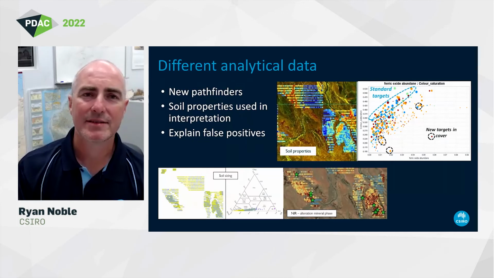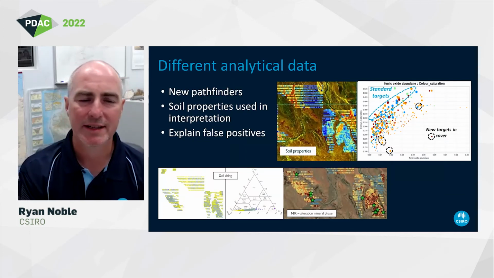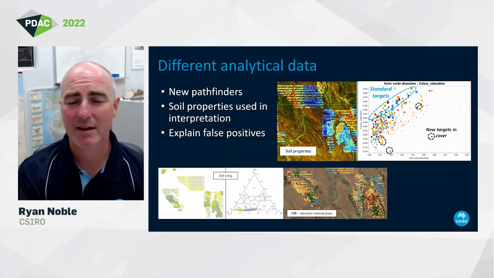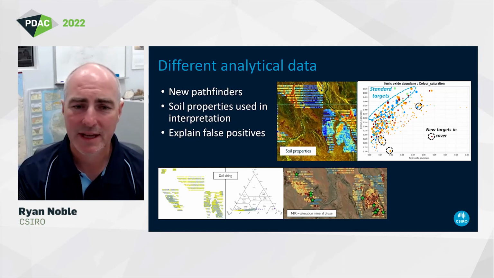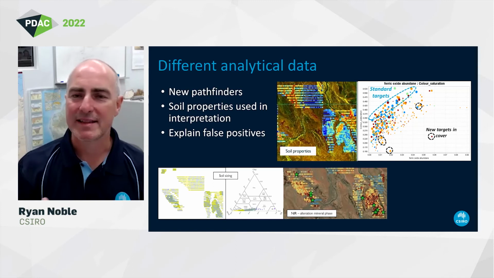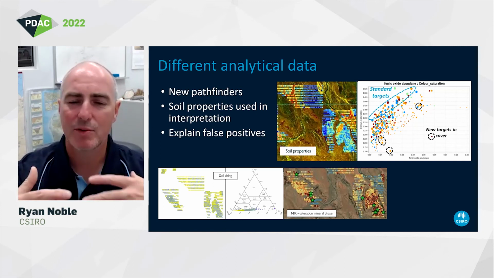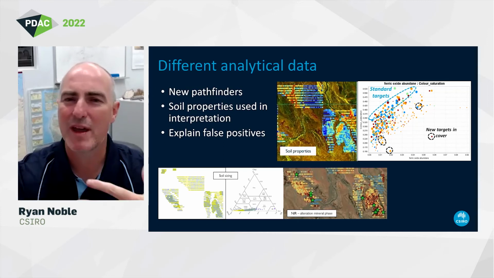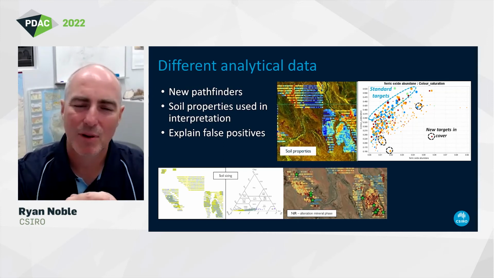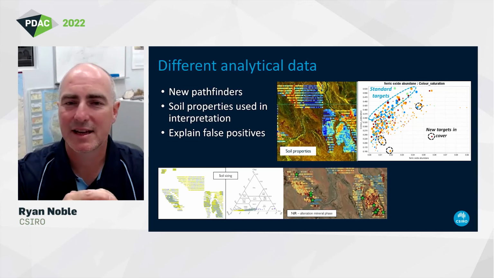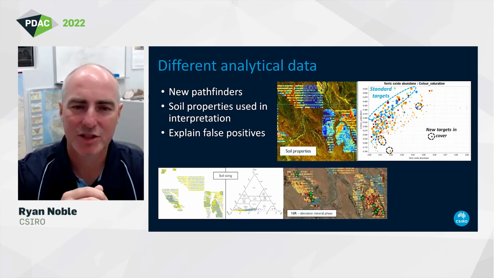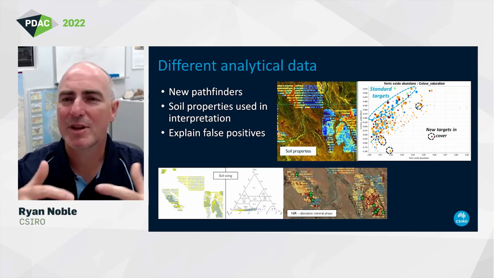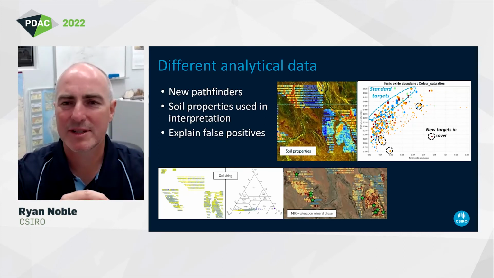And then there's the other type of analytical data that we don't routinely collect. So new pathfinders will come out. I'm a big believer in the spectral analytical space and integrating that into our geochemistry. And I think we will start to see alteration mineral phases in soils, even though they're weathered and probably not as clear cut as some of the lithogeochem type approaches with spectral data. But we don't know because we haven't really collected this, and already we're starting to see